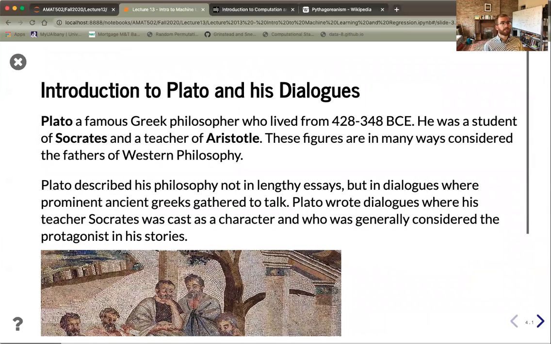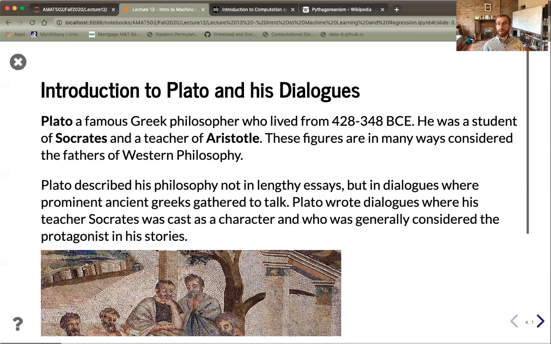Our first stop on this tour is going to be that of Plato. In case you don't know, Plato was a famous Greek philosopher who lived from roughly 430 BCE to about 340 BCE. He was a student of the famous Socrates, and Plato was also a teacher of Aristotle, who laid so much of the infrastructure for knowledge as it was formed and the principal object of study for the scholastics through the medieval times, and then continued to affect things up until the scientific revolution. At least that's a very Western view of things.